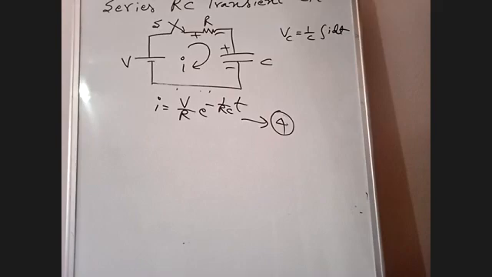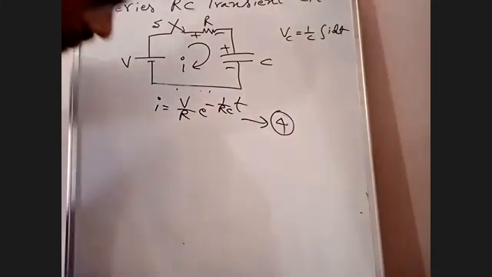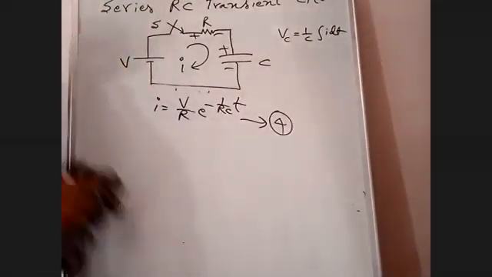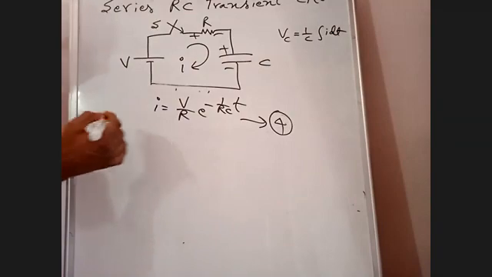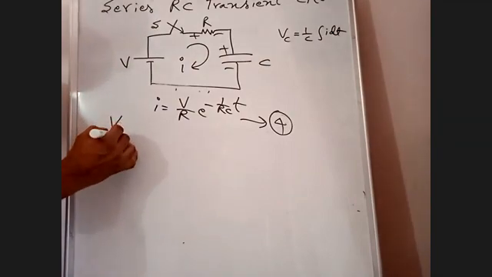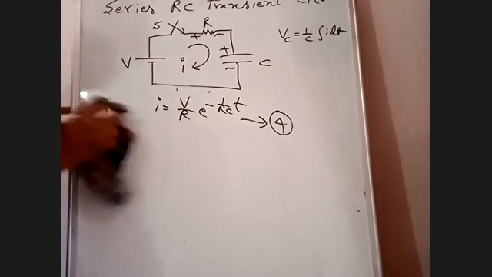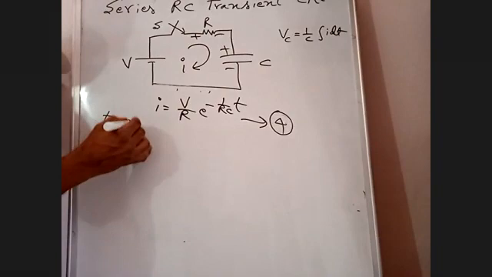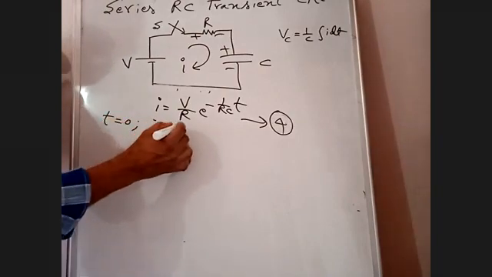But we will determine the voltage across resistance now. See here. First we'll draw the current. At T is equal to 0, I is